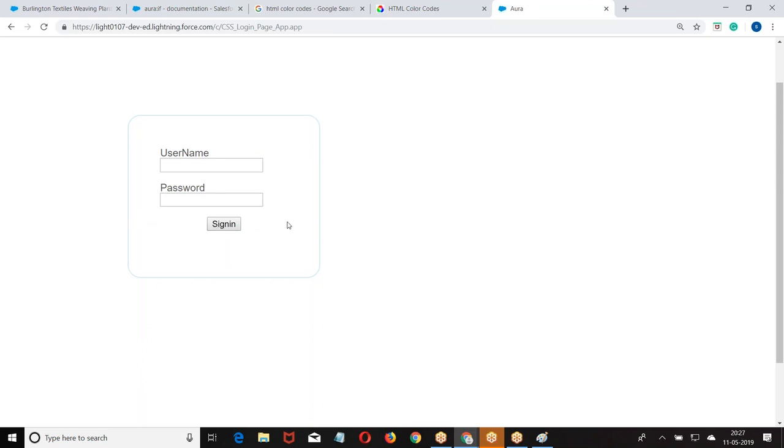I want only this particular area to be centered. So I want to apply the CSS for inner elements. Let us see how we can make CSS for inner elements.